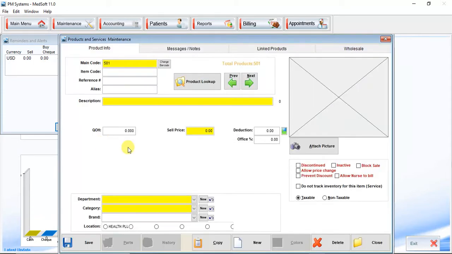Product maintenance. So in this case, product would also be a service. So it's really a matter of entering data